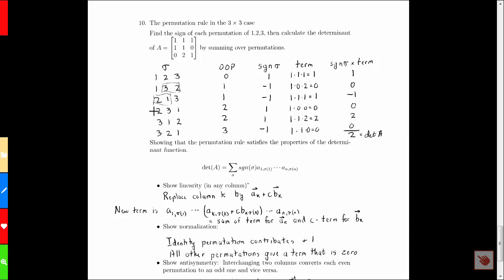For 2, 3, 1, the only pair that's in order is 2, 3. The other 2 pairs are out of order. Similarly for 3, 1, 2, where only 1, 2 is in order. And for 3, 2, 1, all 3 pairs are out of order. So I can write down the sign of the permutation: +1 for an even number of out-of-order pairs, -1 for an odd number. Now I write down the term